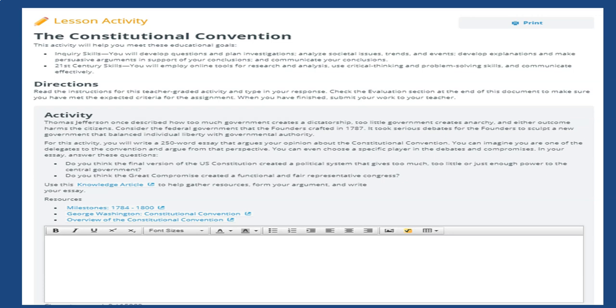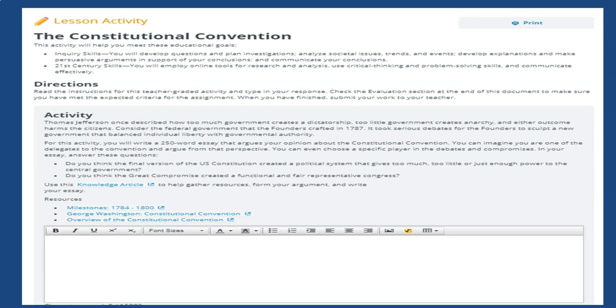A formal essay consists of an introduction with a thesis statement, three body paragraphs, and a conclusion. In this case, you're given a prompt in which you're supposed to write about the Constitution itself. Let me read what it's asking you to do. Thomas Jefferson once described how too much government creates a dictatorship. Too little government creates anarchy, and either outcome harms the citizen. Consider the federal government that the